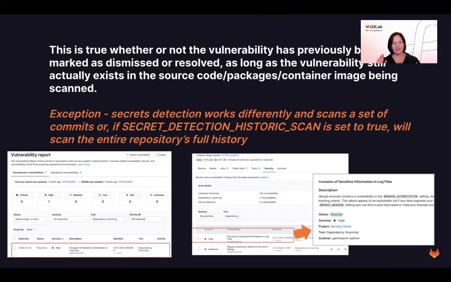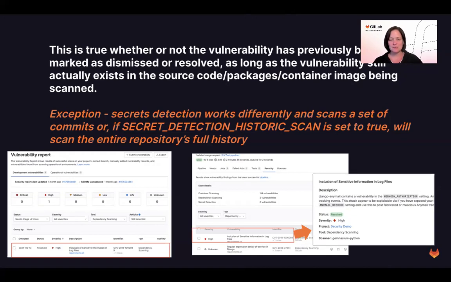Now, what gets confusing about the pipeline view is that if you have run scans against your default branch, you have a set of vulnerabilities listed, and you've gone in and marked them as false positives, you've resolved some, you've dismissed some. Now you create a feature branch and you run a new pipeline that scans the feature branch. If you look at the results of the scans from the pipeline itself on the security tab, you are still going to see all of the vulnerabilities that you already knew about in your default branch.